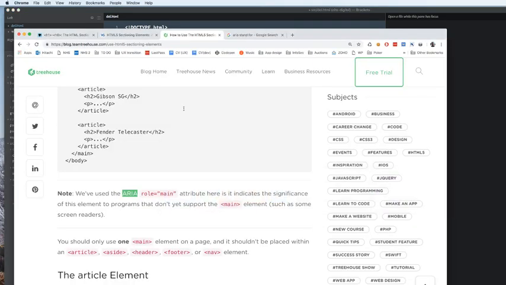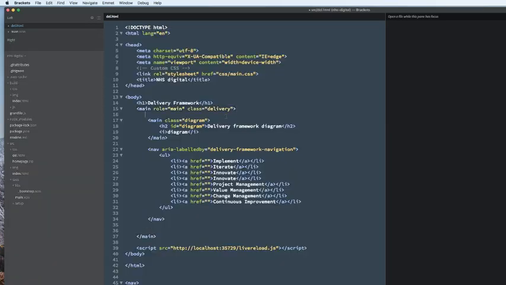Is that right? Role main. Yeah, okay. It indicates the significance of this element to programs that don't yet support main elements, such as some screen readers. So we can still give this a class, can't we? So that now needs to become